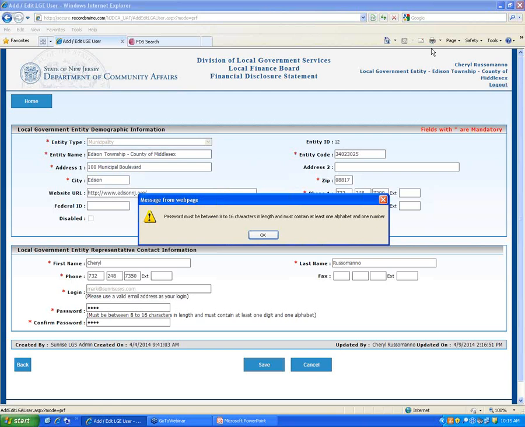Now these two fields are required. They have a red asterisk, which means they are required fields. But we also have the middle name field, which isn't a required field. If you have their middle name or middle initial, you can definitely enter it in here. Let's say you had two James Walkers that work for Edison Township. Well, you might want to distinguish them if they have different middle names or different middle initials, right? So when you look at your roster, you know who is who, okay? But once you enter that first name and that last name into the system,